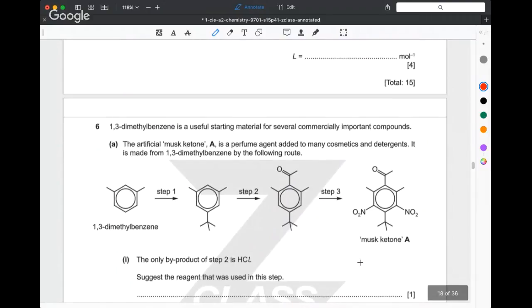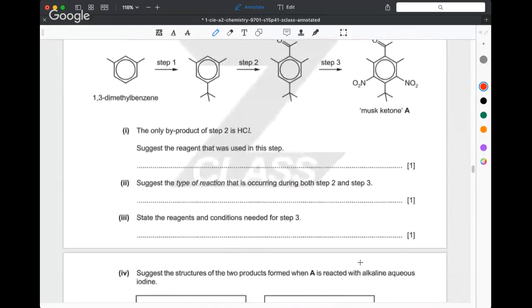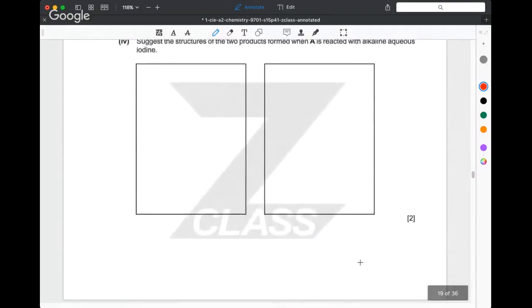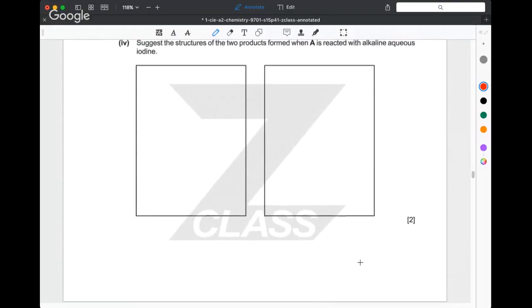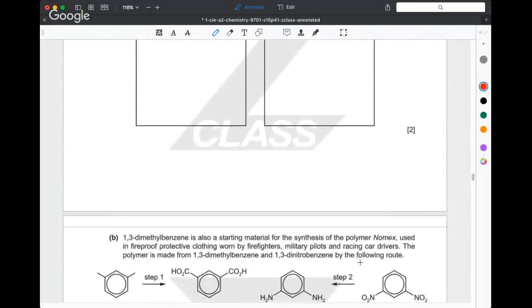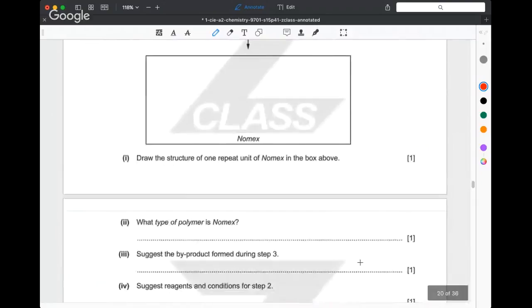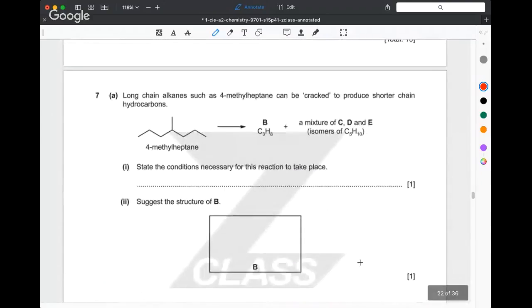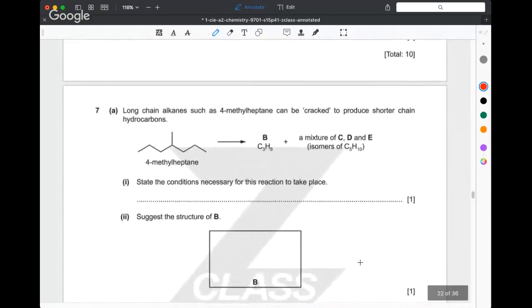Okay, so I think in my plan I'm now skipping question 6. I think that's all fairly obvious if you look that up in the mark scheme. And I'm going to go on to question 7. Let's see if I can scroll up to there. So this is all question 7. All right, okay,